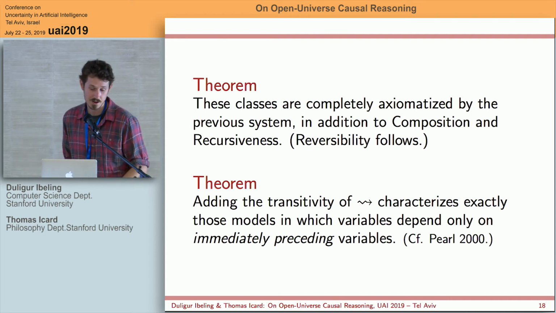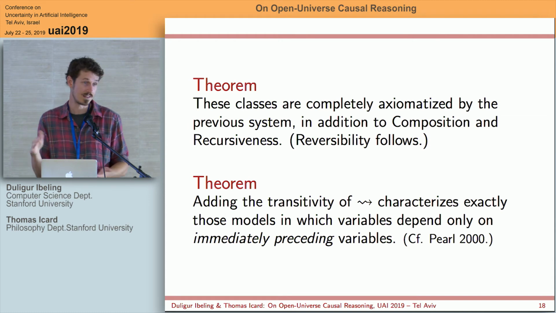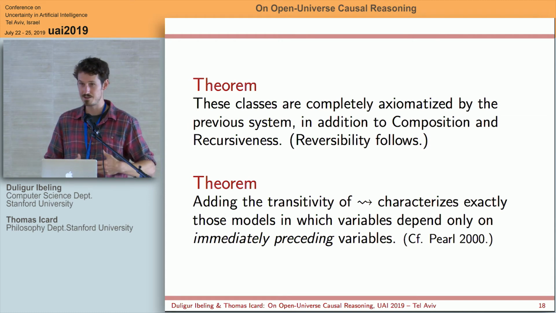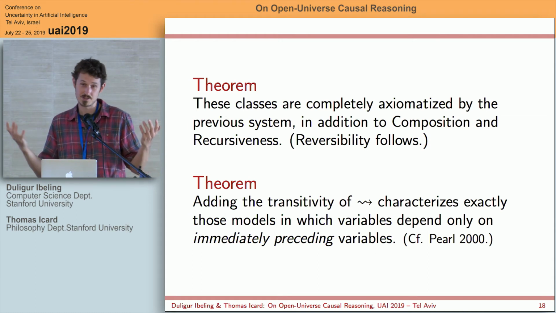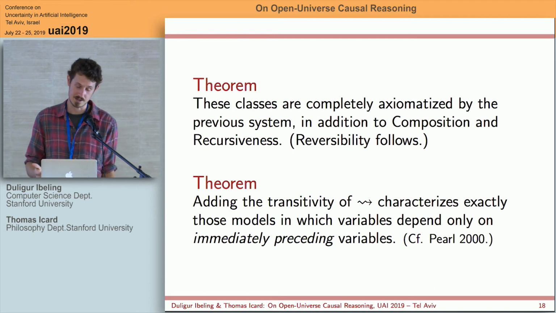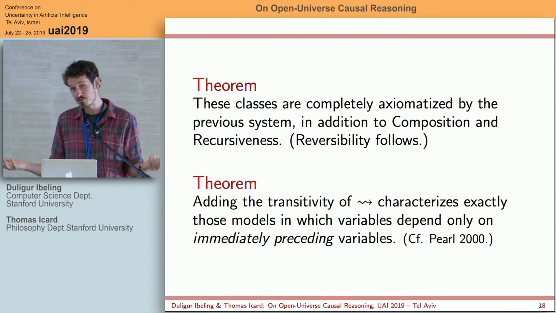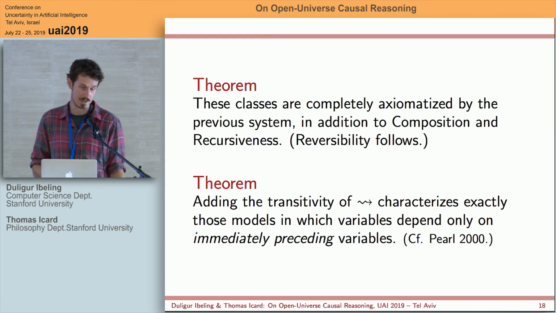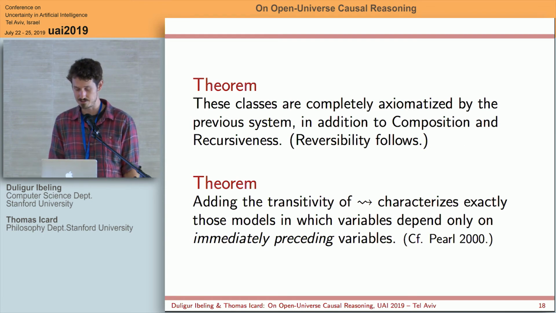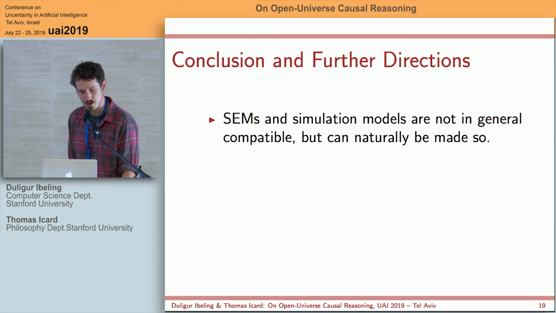Moreover, I should just mention that all of these systems remain of relatively low complexity, so they augment propositional logic, but they're still NP complete satisfiability problems. So the kind of abstract reasoning about these things is no more complex than in the simple finitary setting. Okay, so just to conclude,